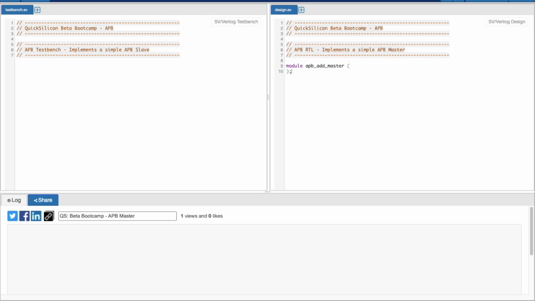So this is something which I also haven't coded, so please help me if you feel that anything is wrong or anything doesn't make sense. I'm also writing it for the first time. So input logic, we have our PCLK. PRESETn, which is basically an active low reset.